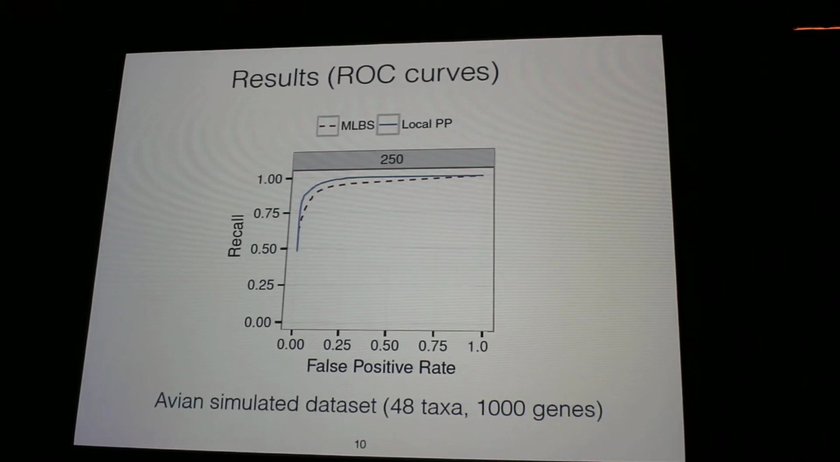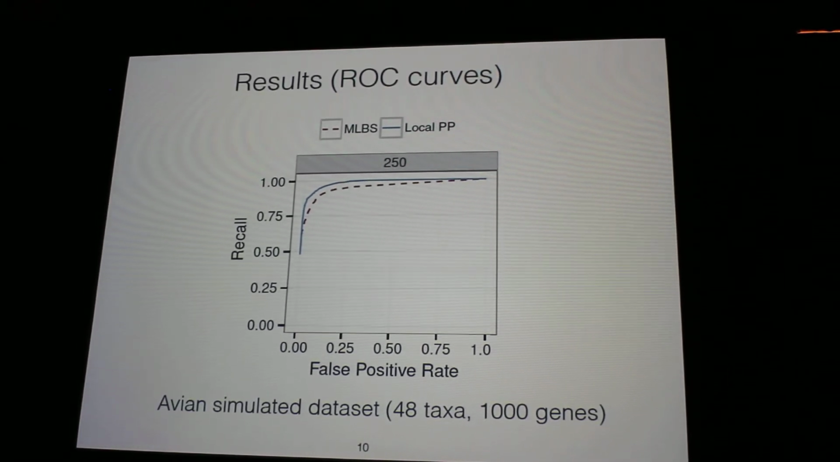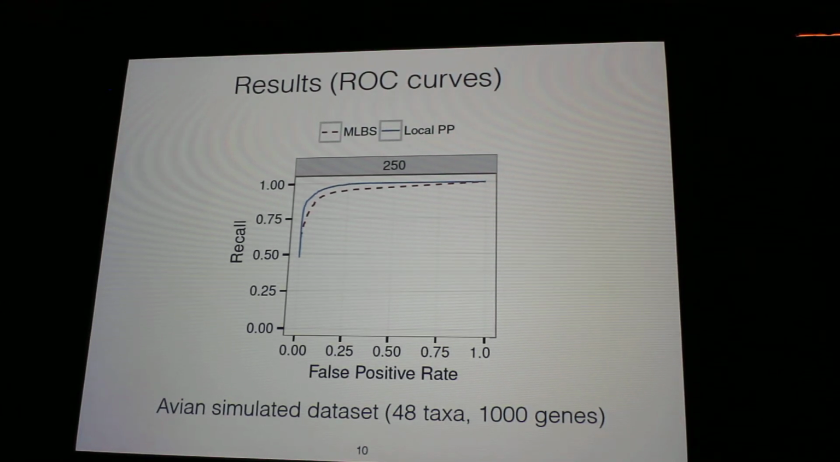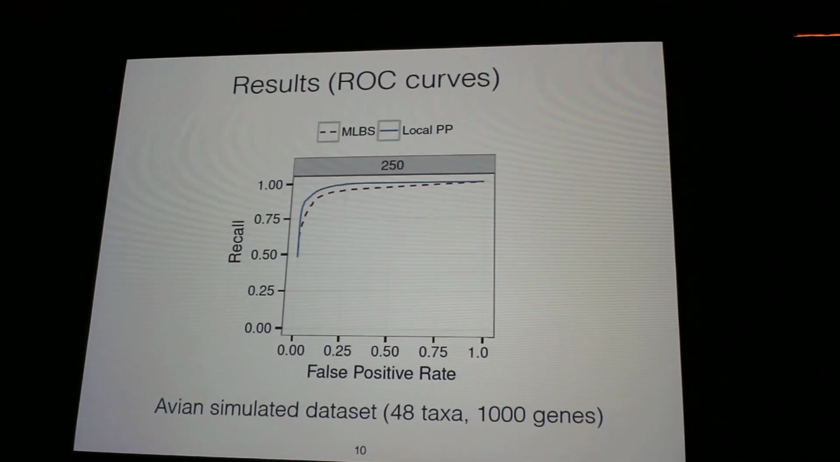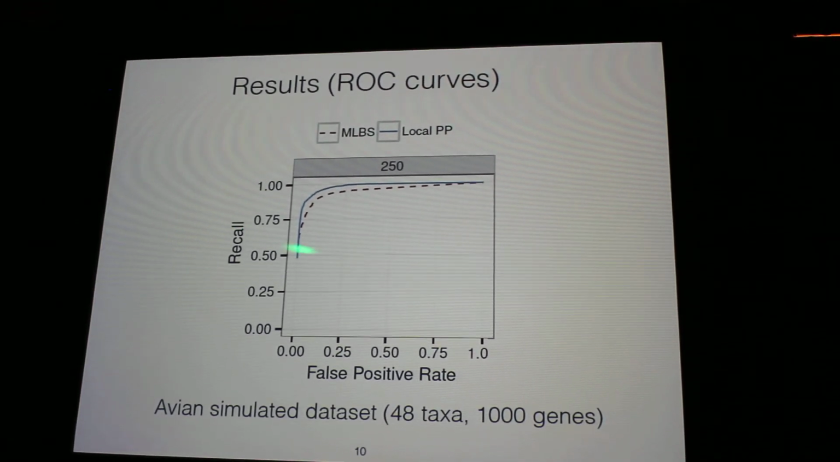We have looked at the accuracy of the posterior probabilities that we get under conditions that completely violate all those assumptions that I mentioned. And we get support values. This is just the ROC curve. And you get support values that you